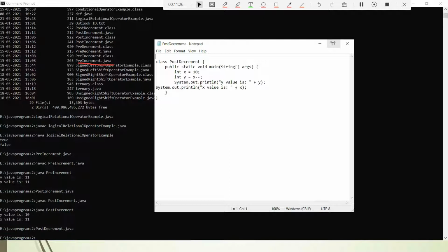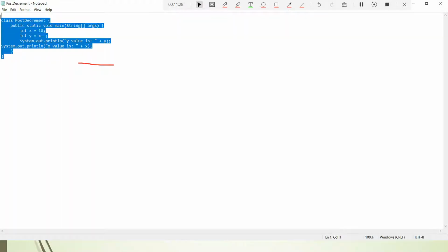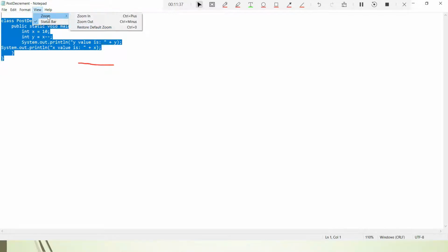We have seen this program, let us analyze it now. It's a post decrement. Let us understand this first, and later on we can understand the pre decrement.